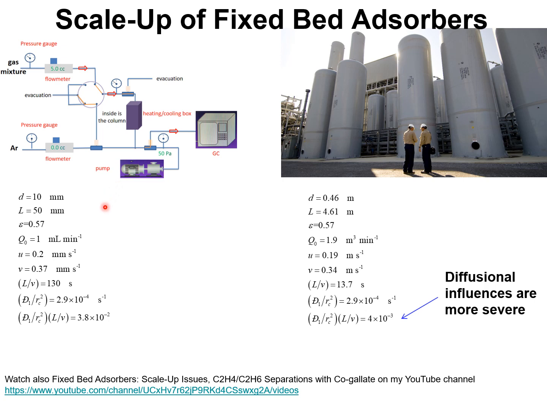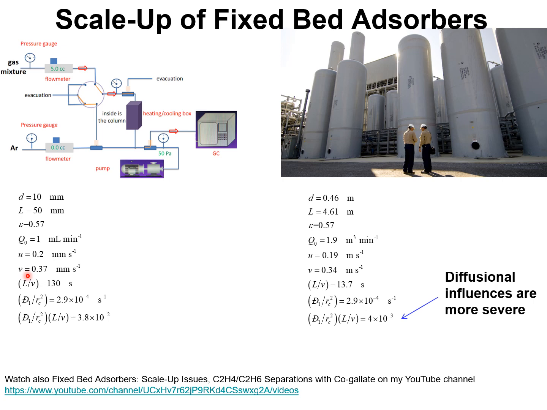In the laboratory, experiments are carried out in breakthrough tubes of internal diameters approximately 5 to 10 millimeters, packed bed lengths of about 50 millimeters to 100 millimeters, inlet gas flow rates of the order of 1 milliliter per minute to say 5 or 10 milliliters per minute. The superficial gas velocity inside the fixed bed tubes is of the order of 0.2 millimeters per second, and the